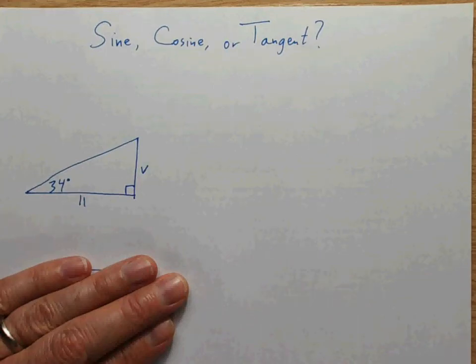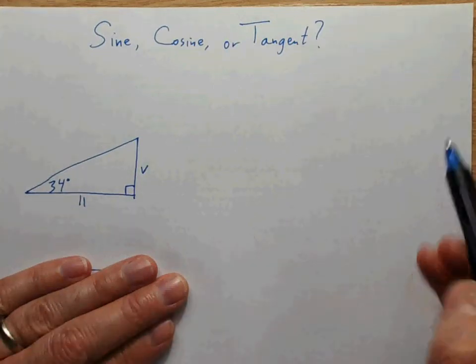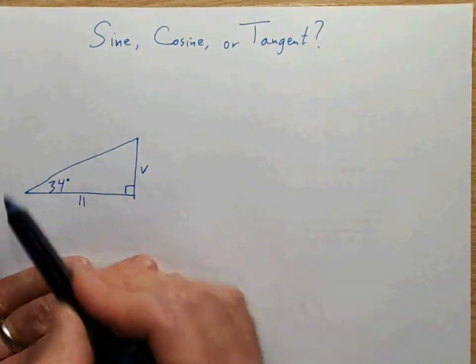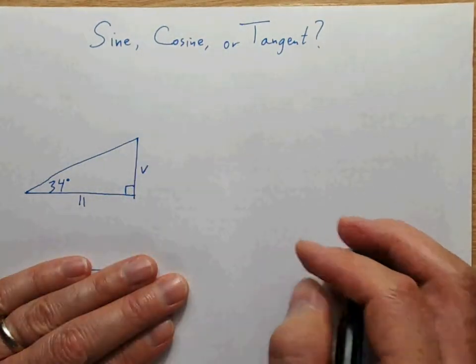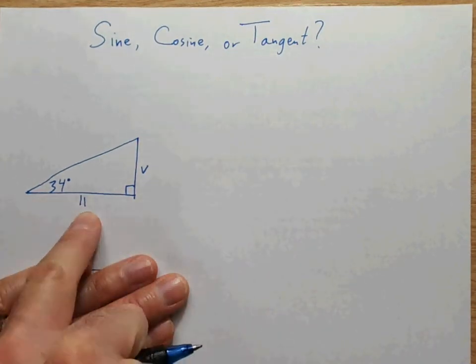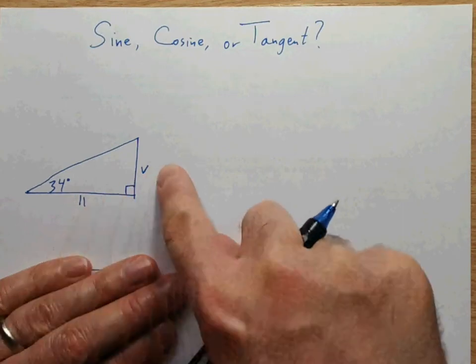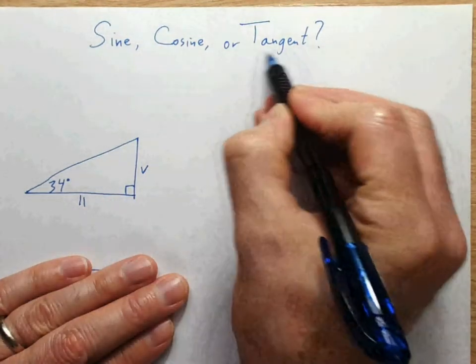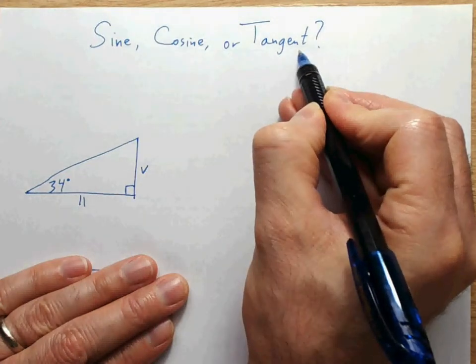And we are back. We are looking into figuring out whether to use sine, cosine, or tangent in right triangle trigonometry. So you can see we have a right triangle here. We're given an angle, 34 degrees, and we're given a side, 11, and we want to find this other side, v. Okay? Now if you remember, we started with tangent, and we learned that tangent is